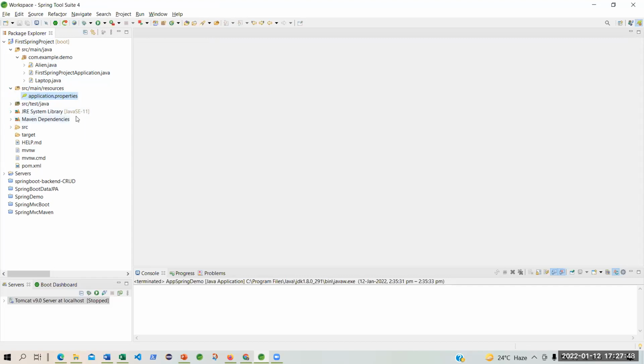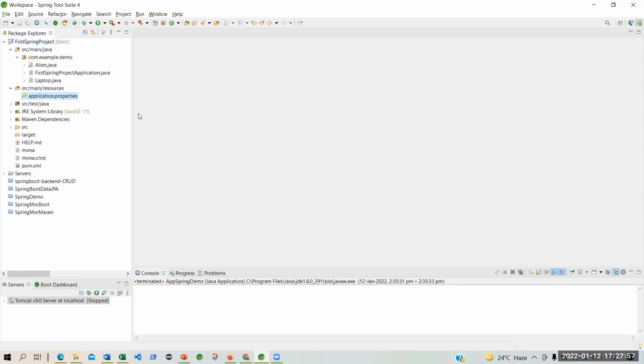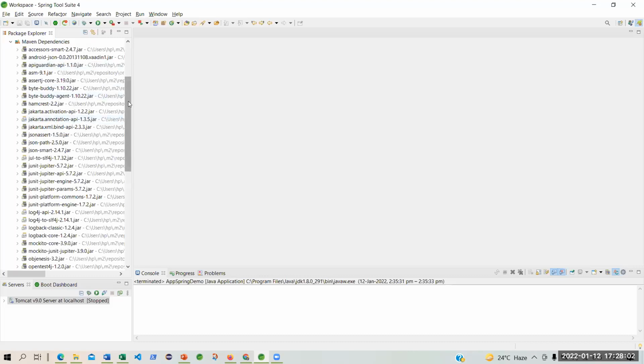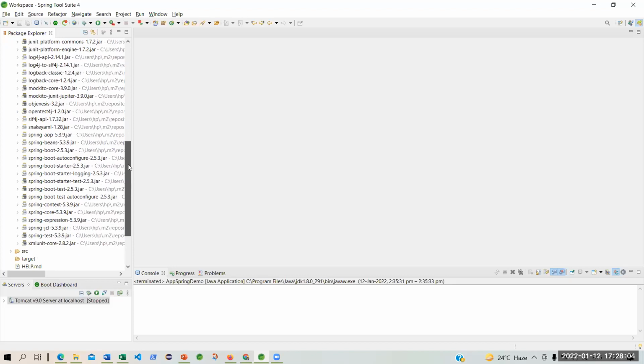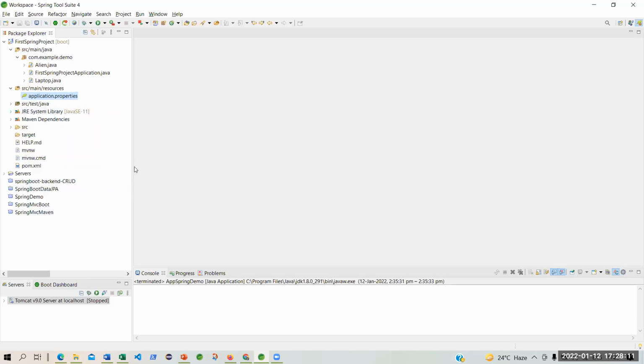This is having Java SE 11, standard edition 11. And there I will have all this JRE, that is fine for the Java. We have a Maven dependency as well. Similar to the project that we have created, it is having everything the same. Clear? And in the source, it doesn't have anything. It is having POM. Let me open the POM XML first.